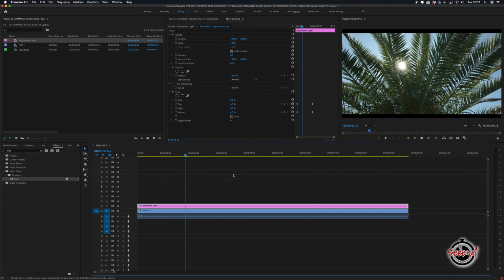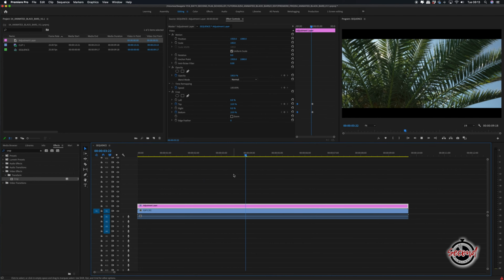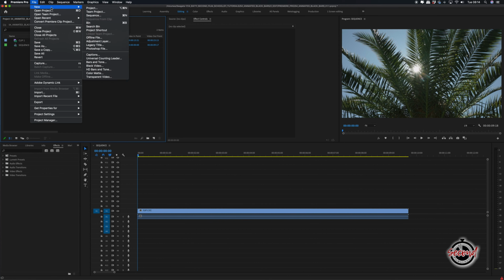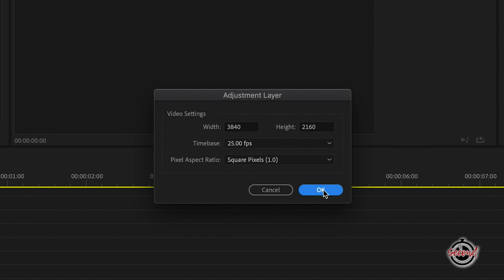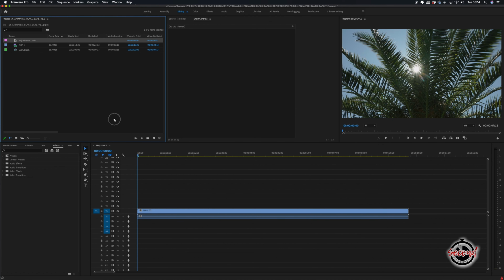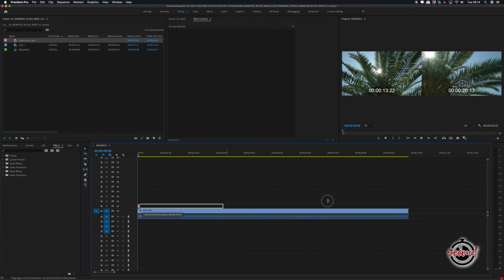To create this very popular effect, where the classic cinematic bars animate on screen, firstly go to File, New, Adjustment Layer. Make sure the adjustment layer is the same size as your video resolution, and then click OK. Add this adjustment layer above your footage on the timeline, and extend to make sure it covers the full length